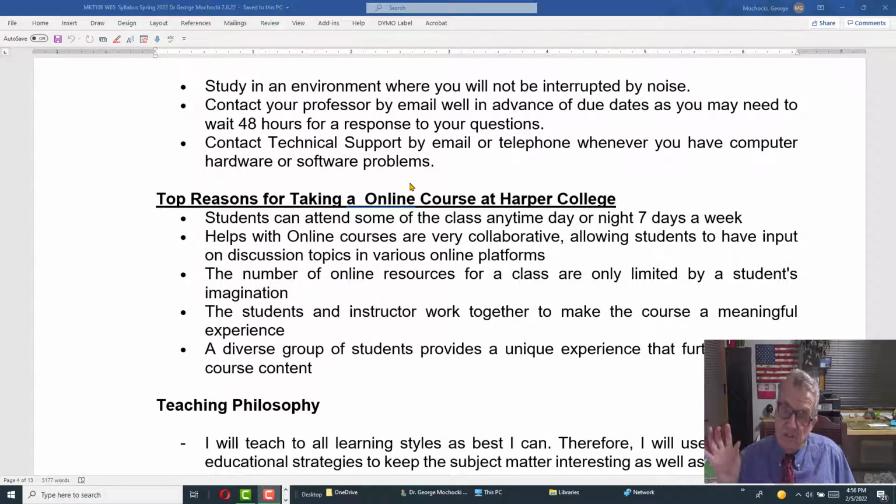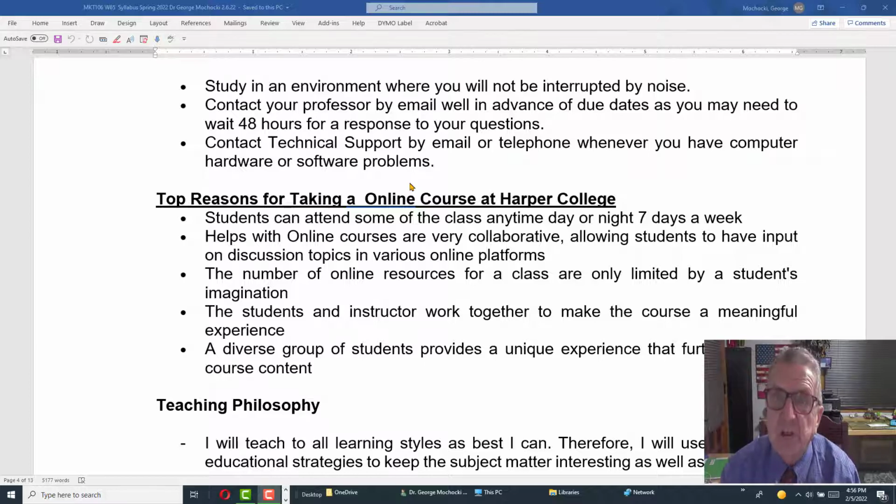But let's say, for example, that you're going to another school that Harper College may not have an interaction with. It may be a smaller school or in another part of the country where we have students going, but it's not all the time, so they may not know. So they may say, hey, you say you already took a class similar to this at Harper College, and you passed it with a B or an A or whatever.